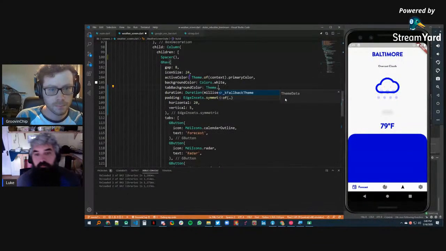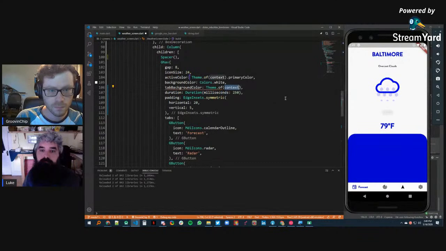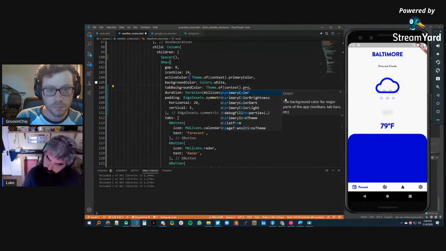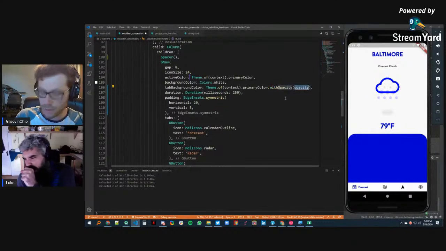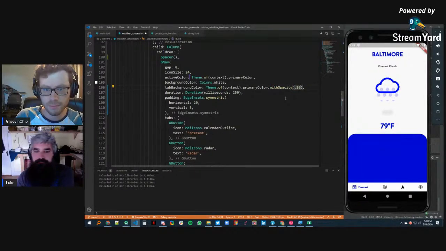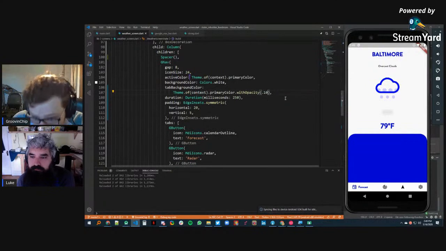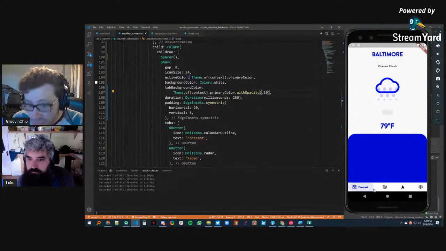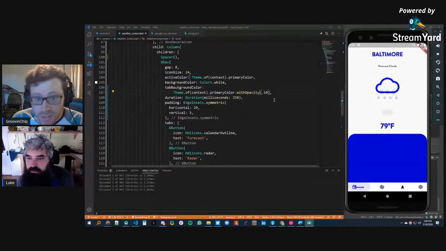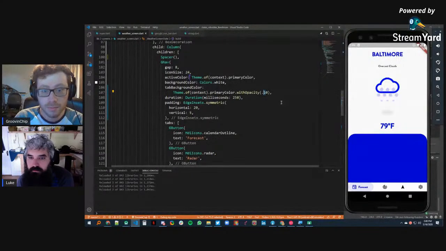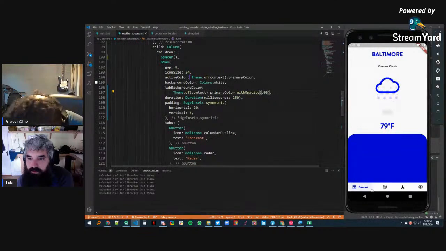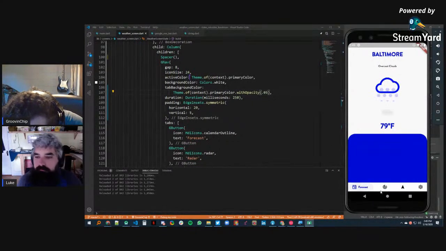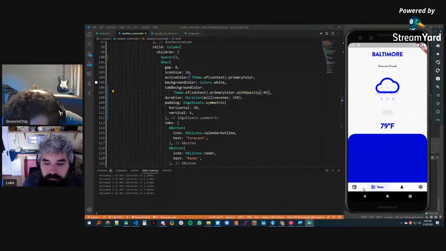Right. 0.10. Yeah, try that. Ooh, nice. Maybe even less, honestly. That looks pretty good. That looks much more like the spec, although it still does this weird